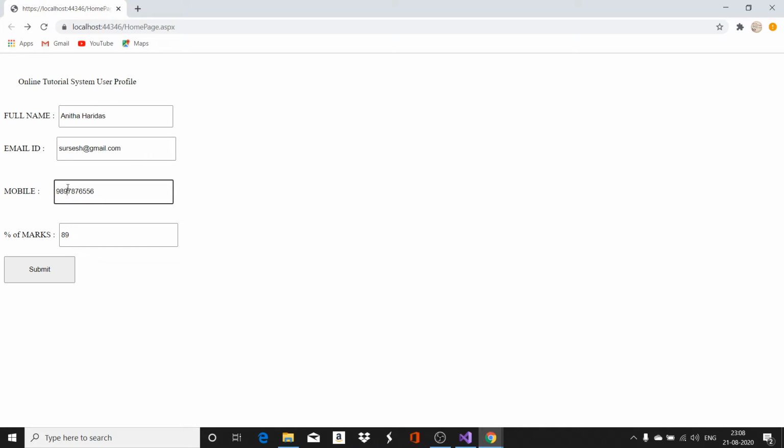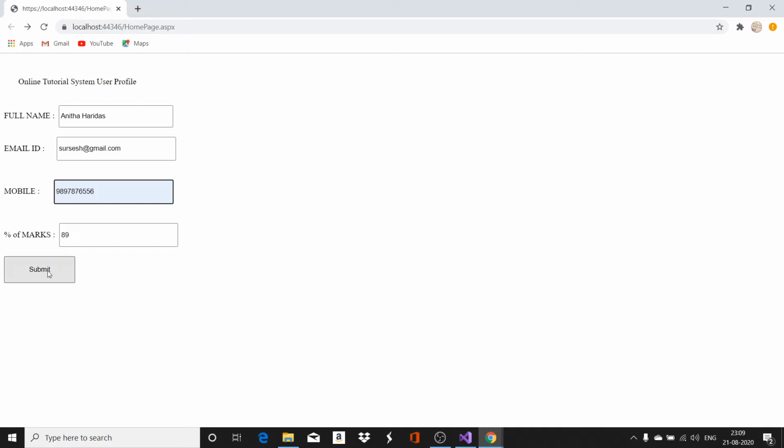I think you can understand here. Suppose, for example, I have not entered any value in the mobile box. I have entered all the other values, but no value is entered in the mobile box. When I click submit, it is not taking me to the next page, but it shows me to please enter the mobile number. So I have to enter some value here, only then the error message disappears. So this is what a validation control is.